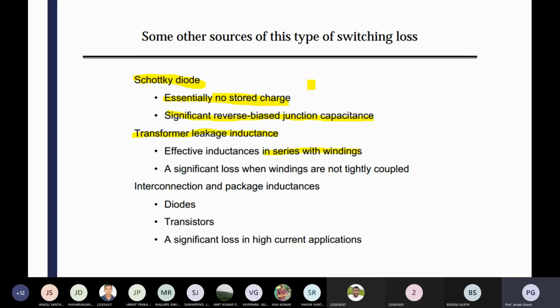There is significant loss when the windings are not tightly coupled, so that kind of leakage inductance may appear. Interconnections and package inductance will also be there, between the diode and transistor, causing significant losses in high current applications. Several features are already there, so due to the presence of these conditions, some additional losses